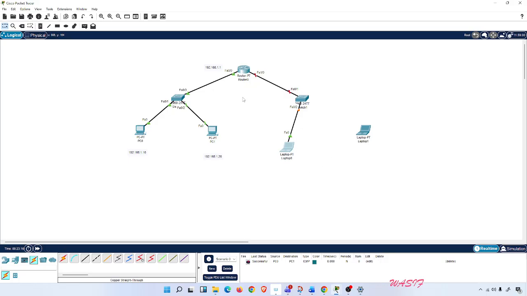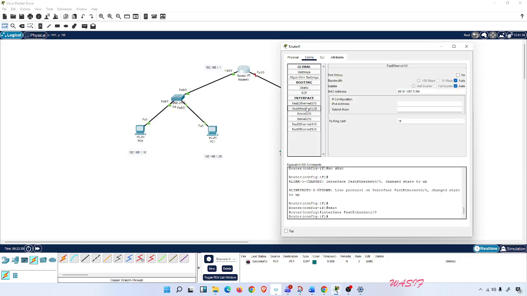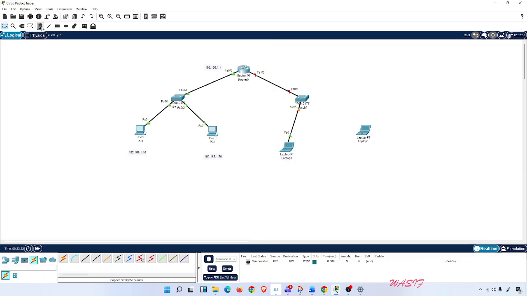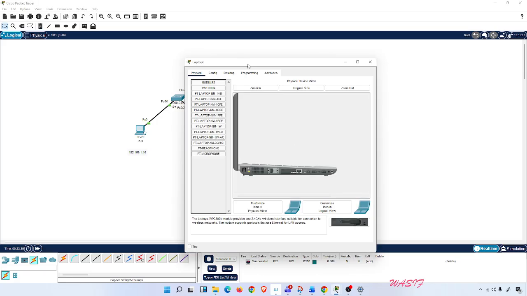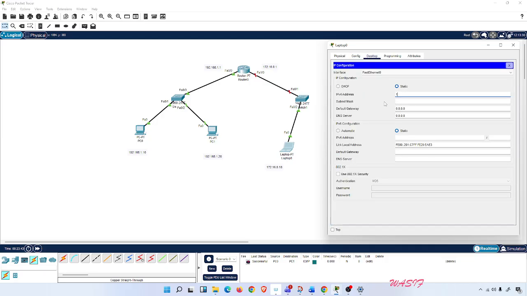Just come here, configure 1/0. Let me put the IP addresses first: 172.16.0.1, and let's make it 172.16.0.10, and let me put the IP address 172.16.0.10,